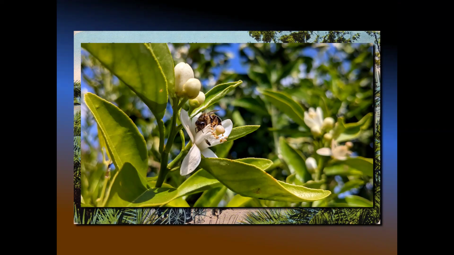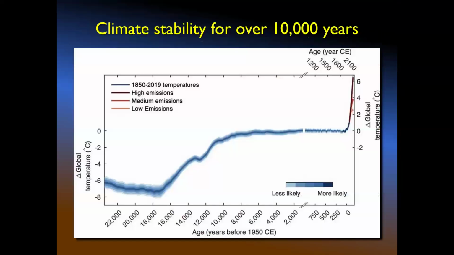If that plant flowers before the bee gets there, or if the bee misreads the climate signal and arrives a little late, then that flower doesn't necessarily get pollinated, or fewer flowers get pollinated, and you can have a reduction in fruit. And if that fruit is of economic benefit, this can have economic impacts as well. So that's a phenological relationship between the orange plant and the pollinators that you see here. And if you monkey with that relationship, all sorts of harm can be a consequence of that.